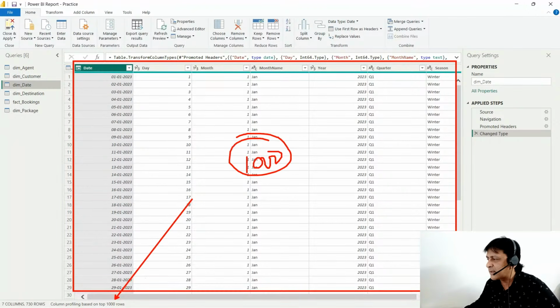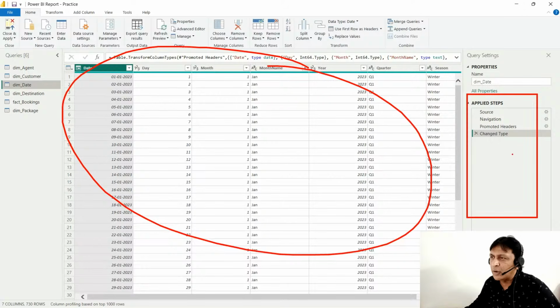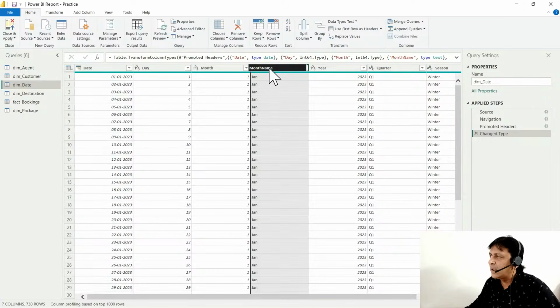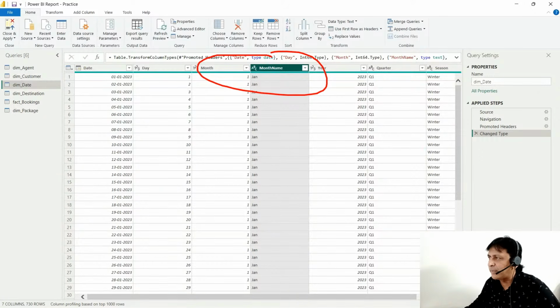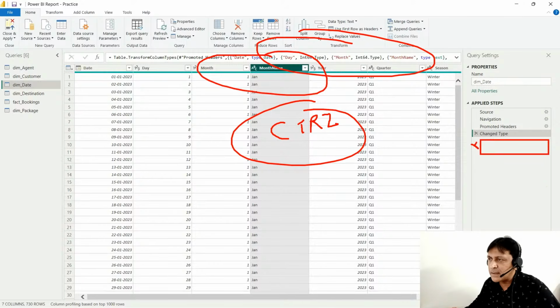कॉर्नर में इसको वेरीफाई कर सकते हो कि कॉलम प्रोफाइलिंग बेस्ड ऑन 1000 रो। और इस टेबल के ऊपर आप कोई अगर एक्शन परफॉर्म करोगे, तो वो एक्शन आपकी यहाँ पे रिकॉर्ड हो जाएंगी। जैसे मान लीजिए मैंने इसको रीनेम किया, या इसका ऑर्डर चेंज किया, रीऑर्डरिंग किया, तो जो भी एक्शन मैं यहाँ पे परफॉर्म करूंगा, वो यहाँ रिकॉर्ड हो जाएंगी। अब अगर मान लीजिए गलती से मैंने कुछ गलत स्टेप फॉलो कर दी, तो यहाँ पे कंट्रोल जेड काम नहीं करता है। आपके पास दो ऑप्शन हैं, या तो आप स्टेप को जाके फॉर्मूला बार से मॉडिफाई करें, या फिर सिंपली इस स्टेप को डिलीट कर दीजिए और इसको फिर से रिक्रिएट करें।